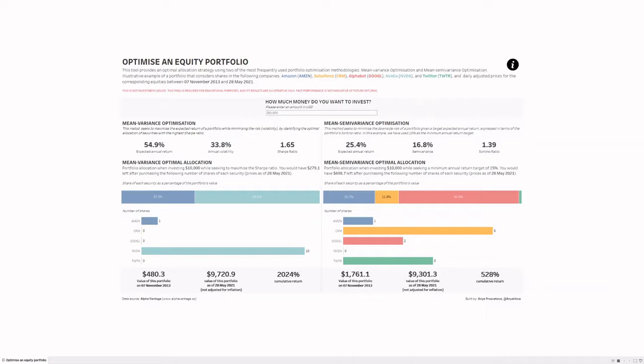My project is a dashboard that allows users to optimize an equity portfolio based on the amount of money they want to invest. This dashboard provides an optimal allocation strategy using two of the most frequently used portfolio methods, mean-variance and mean-semivariance. The user can input the amount of money they would like to invest in this parameter at the top of the dashboard. Say we want to invest $500, press enter, and the dashboard will